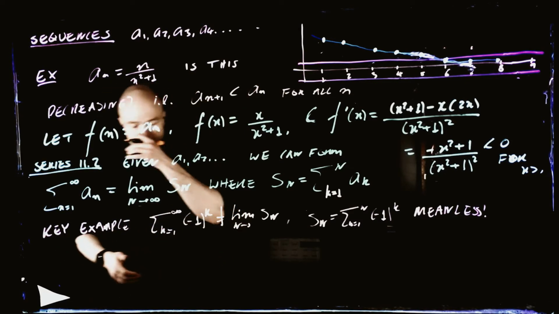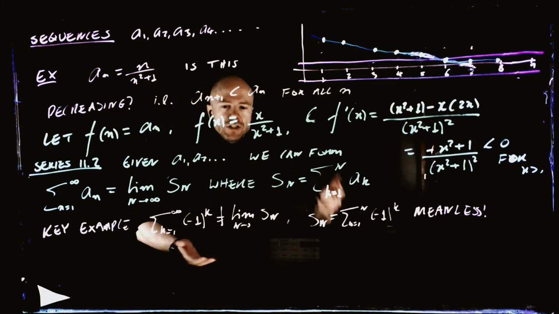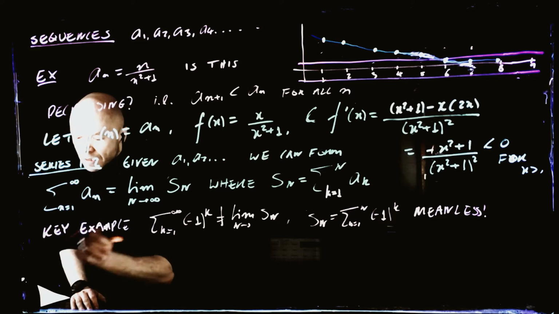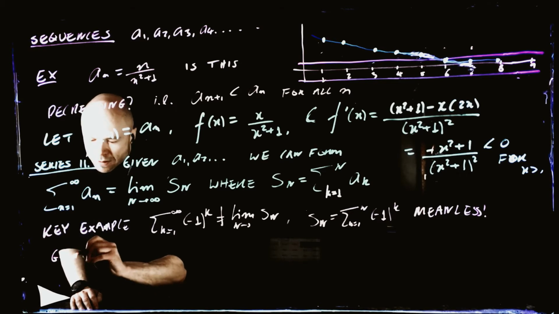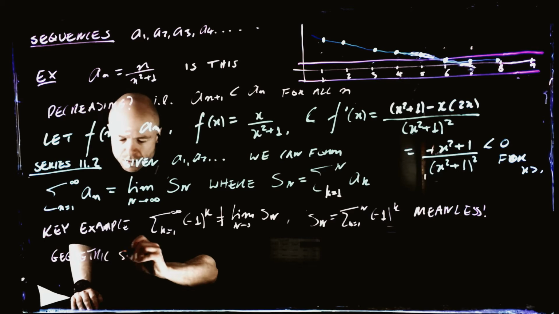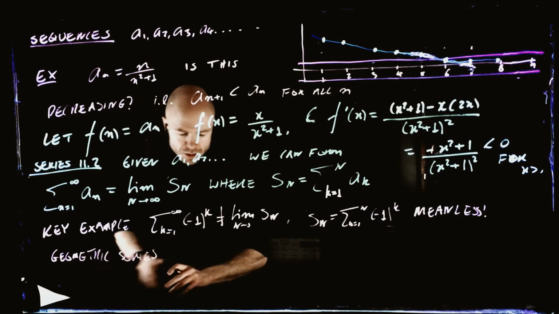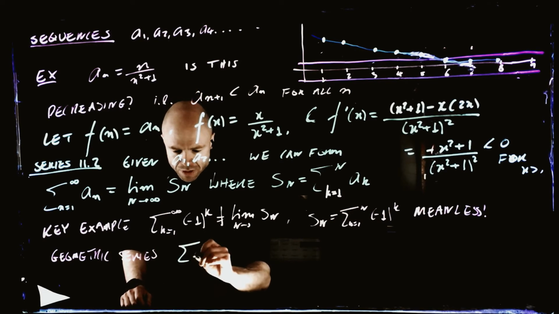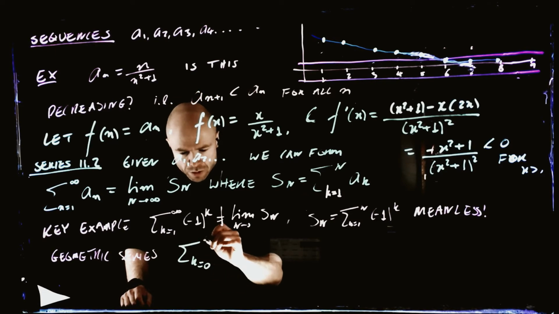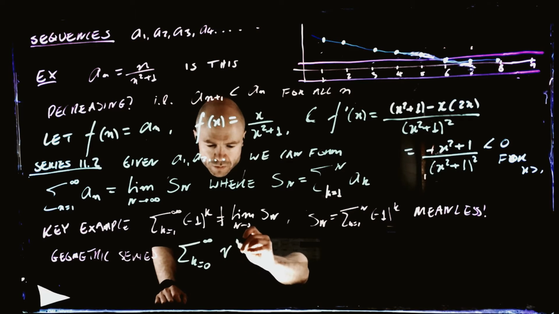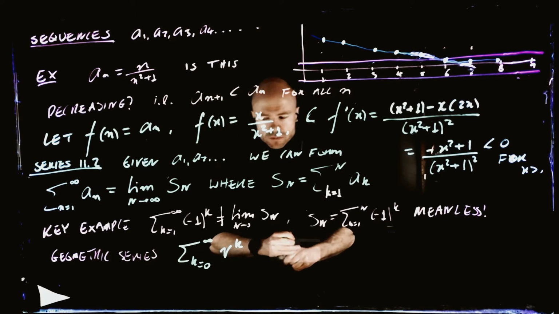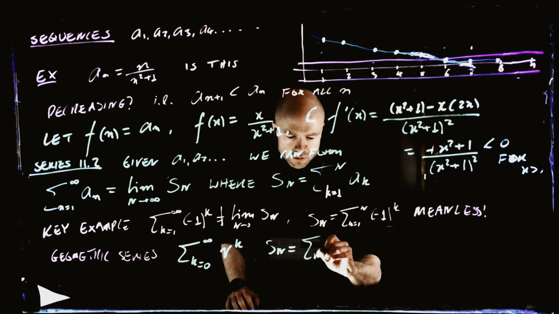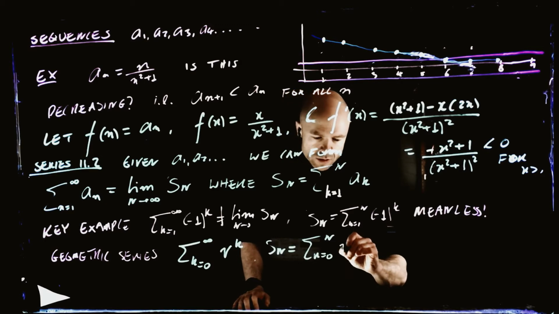Yeah. All right. So there are a couple of infinite sums where we can actually calculate the answer, and they are very good examples. The simplest example is the geometric series, whose simplest formulation is like this. Note that I'm starting from k equals 0, and that's important. So if we let Sn be the sum from k equals 0 to capital N of r to the k,